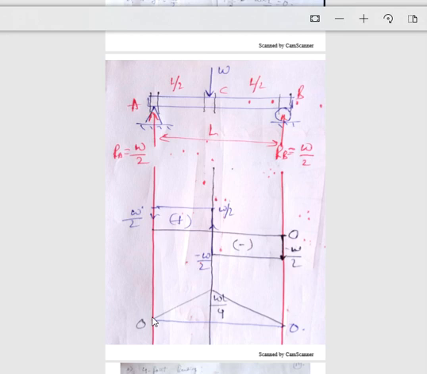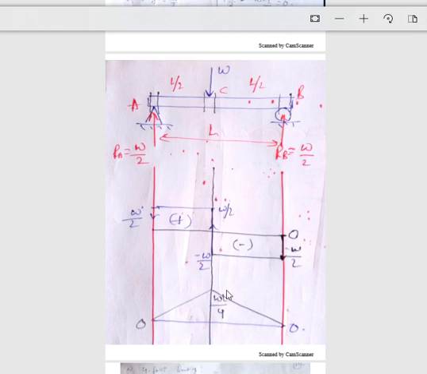Now how am I going to join it? I am going to join it using a straight line, because the load is a point load. Remember this: whenever there is a point load, you need to join using a straight line for the bending moment diagram, which we have seen in the standard case. This was about SFD and BMD for three-point bending.